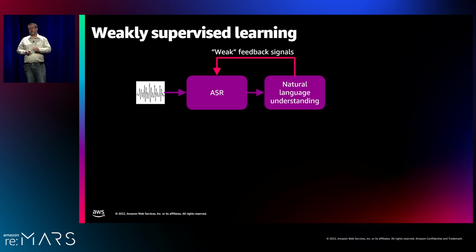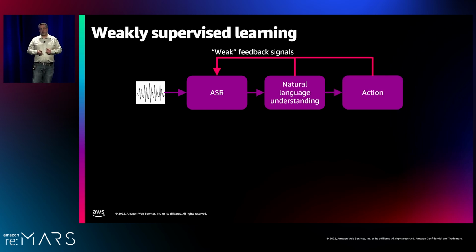Finally, once we've processed the request, we're going to take some sort of action on behalf of the customer. And in the case we get something wrong, like let's say we play a song, but it's the wrong song, the customer may either give us explicit or implicit feedback. They could explicitly say, Alexa, you did this wrong, which is a very strong signal. Or they could barge in and stop the playback and say it again, hoping it will get it right the second time, or rephrase what they said a little bit.